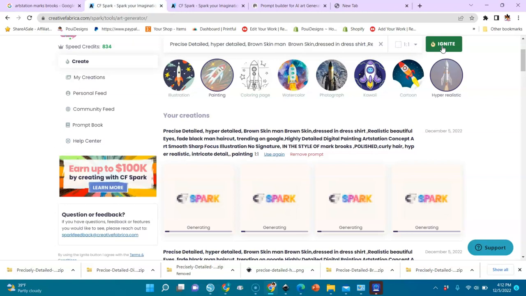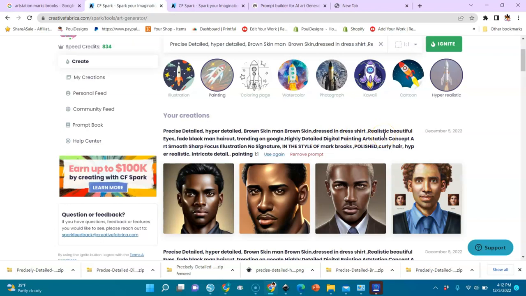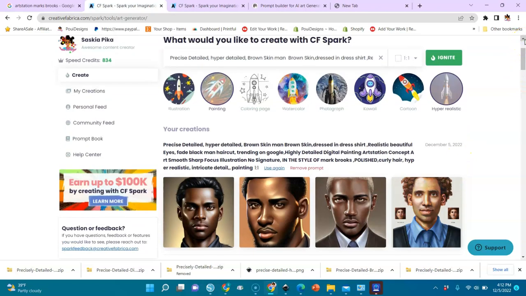When you have a certain prompt that works for you, you run it. Okay, we have this guy looking good. Every time you change words in here, the system will kind of start over again with a new way of finding things for you. But the more you run the same prompt, the more it will adapt and get used to the words you put in, like these ones here. Okay, we have men. I like this one. This one looks good too.